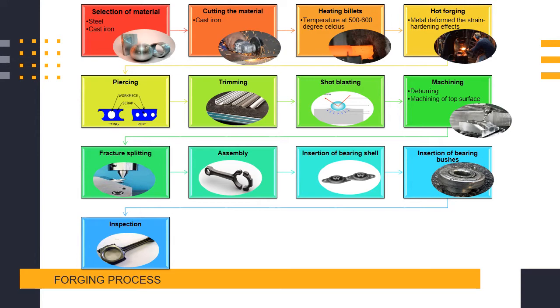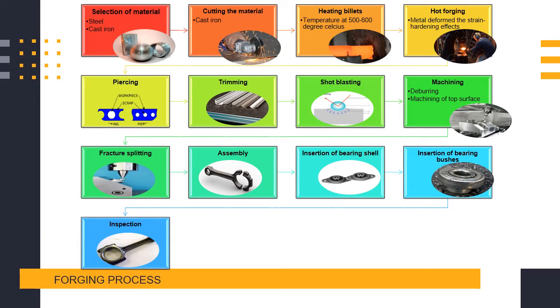So the first step is the selection of material, which is steel and cast iron. I'm going to choose the cast iron. First you have to cut the cast iron, and then we have to heat the billets to a temperature of 500 to 600 degrees Celsius, and it undergoes hot forging, where the metal is deformed, with strain hardening